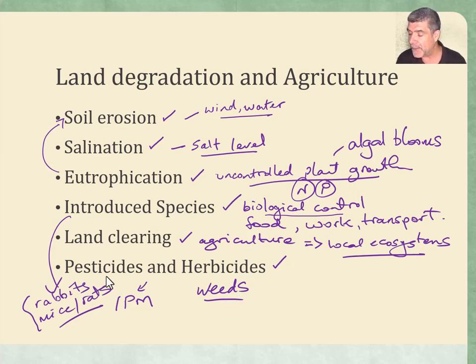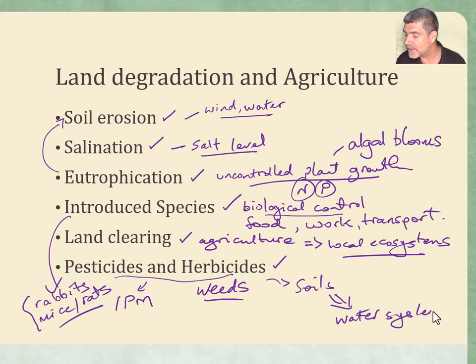And of course, some of these things are also, if we're using chemical means, for example, we're going to introduce them into the soils, and from the soils they are also going to get in potentially into our water systems. So land degradation is a significant issue, and it's one that we do need to think about how we are dealing with each of these different problems, each of these components of agriculture,